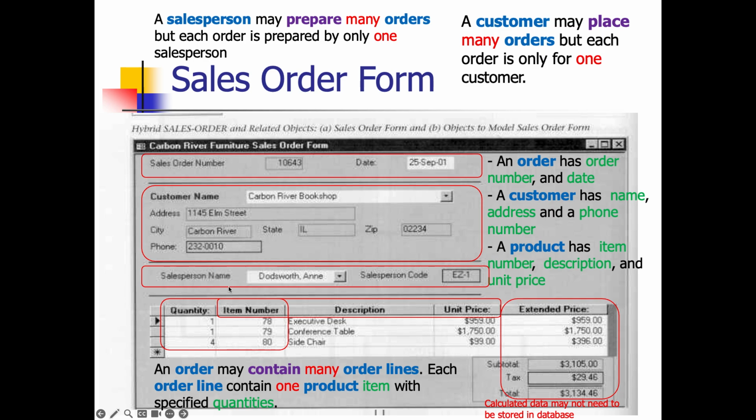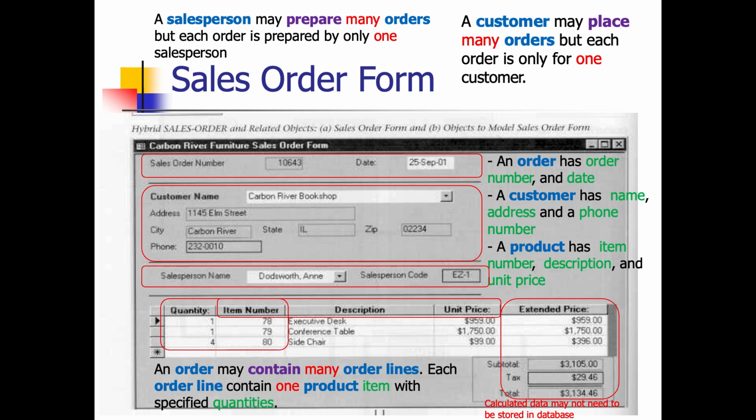Here you see an order, and the order has an order number. Here you see the customer, right? Customer name, address, etc. So you know that in your entity for customer, you have several attributes, like customer name. So these are just some suggestions to help you with defining your business rules